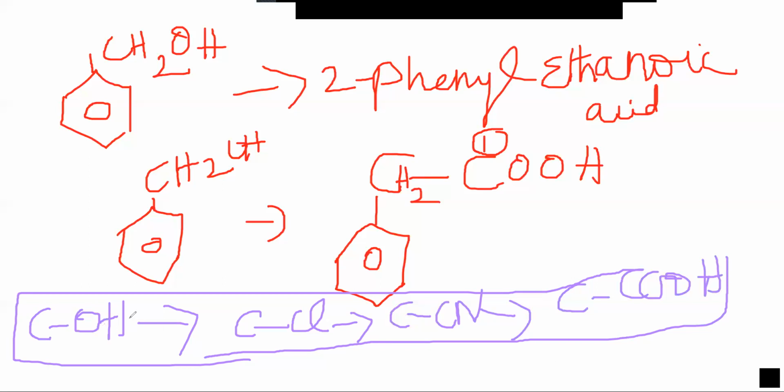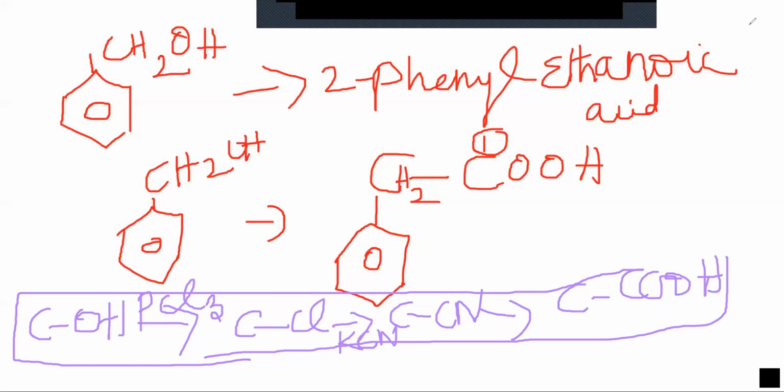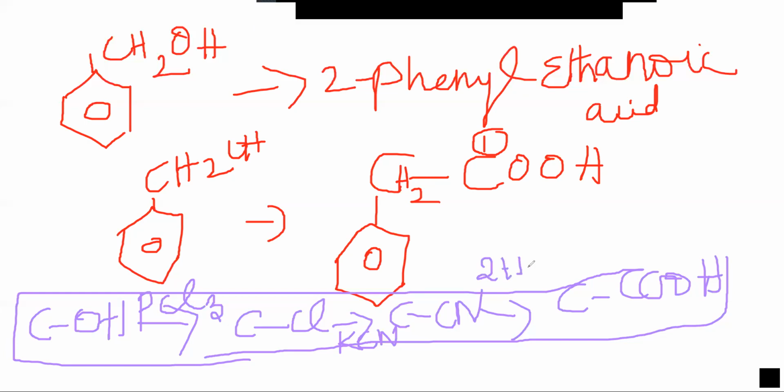So first, how can C-OH be converted into C-Cl? You have to add some compound containing Cl, that is nothing but a chlorinating agent. In the first conversion we discussed PCl3, PCl5, any one of the reagents you add, so that C-OH is converted into C-Cl. How can the Cl be converted into CN? Add KCN. Cyanide will come inside, KCl will be removed. Then next step, CN on hydrolysis with 2 molecules of water gets converted into acid. I'll write how the cyanide is converted into acid.